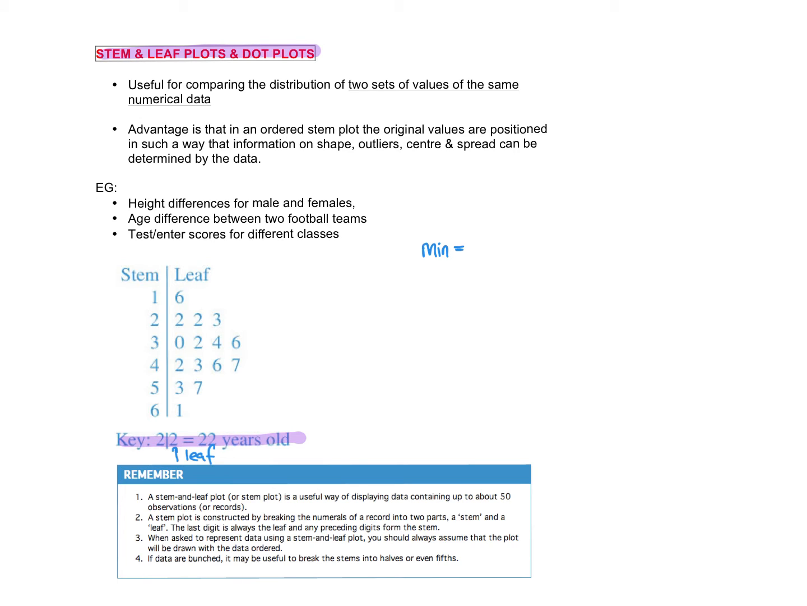If you're looking at this stem and leaf plot here, what's the minimum value? What was the lowest value in this list? 16. Good. And what was my maximum value in this list? 61. Yeah, 61. Good. So when you do need to draw these stem and leaves, not in the VCE Year 12 exam, but in SACs,